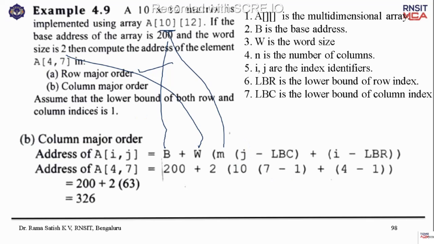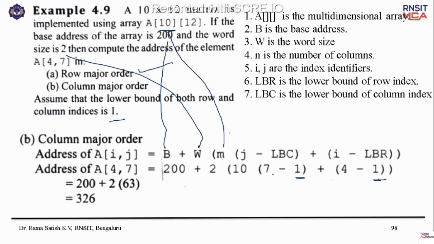And LBC, we know the lower bound of both row and column indices is 1. You represent 1 here and 1 here also. So apply this formula: 200 plus 2 into m. For column major you take the number of rows, for row major you take the number of columns. That is the only difference. So m is 10